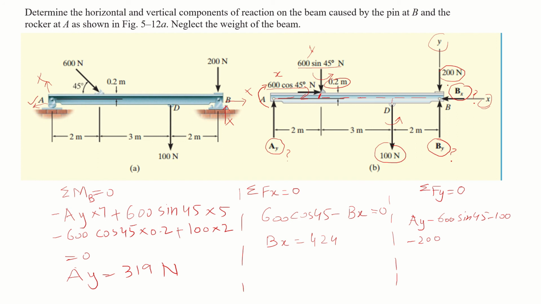This force is also downward, and then plus By is equal to 0. We have already calculated Ay, which is 319, and from here we can find out By is equal to 405 Newton. These are the three reaction forces: Ay is the reaction at point A, and Bx and By